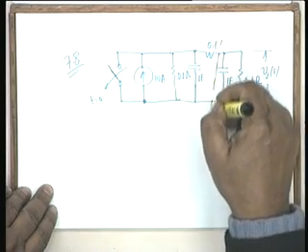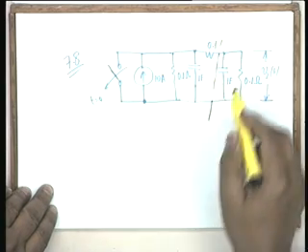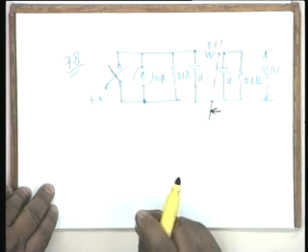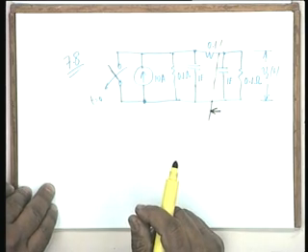So, this is the load as far as Norton's theorem is concerned, and this is the network. Okay. But first let us draw the equivalent circuit in the transform domain. It is given that the capacitors are initially energy free, that means they are relaxed. In case they had initial conditions, then all you do is replace them by their equivalent circuits either in the time domain or in the transform domain.